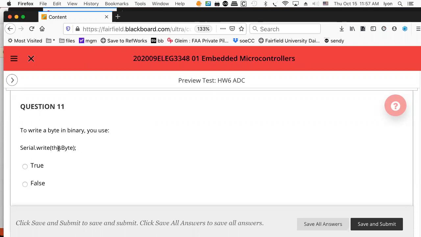Is that true, do you think? I mean, we've been using print, right? And print line. Now we've got a new one here, serial write. So now we can write out binary data, right? So that's what that's about. So serial write